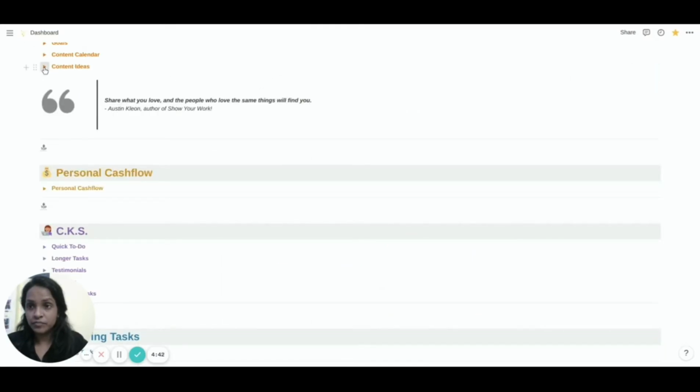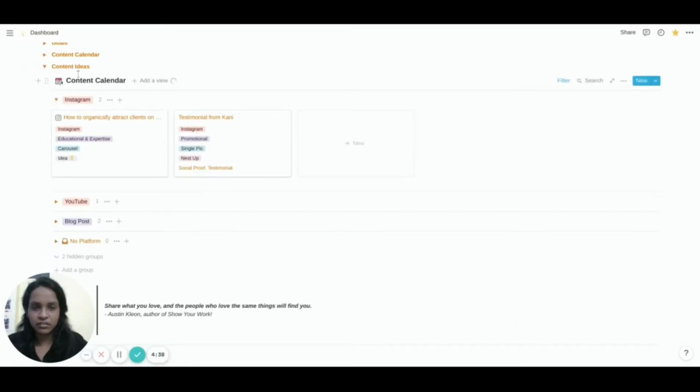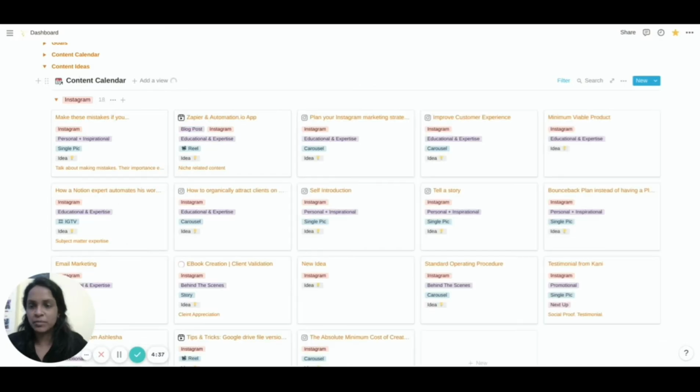And under this, content ideas, I wanted to have a place just to capture ideas quickly into the table, but under a separate toggle button. Technically, I could have created this view under the previous table as well, but I wanted a dedicated space so that I can quickly capture ideas without feeling distracted. And that is why I created another linked database of the same table, but just under a different toggle button.